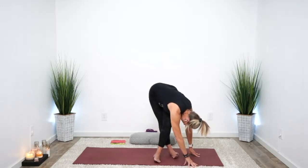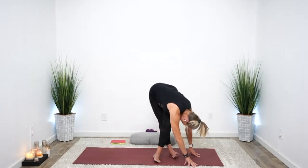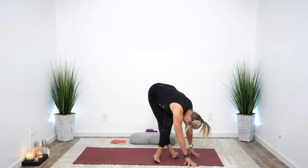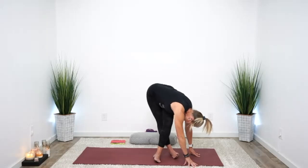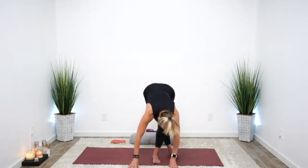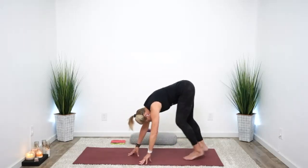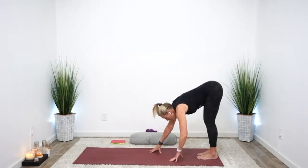Let's find this little rocking motion. Kind of swiveling through the hips. You don't want this to be excruciating, but you want it to be interesting. And let's release to center. Uncross your feet. I think I left you at the back edge of your mat, so go ahead and walk your hands forward